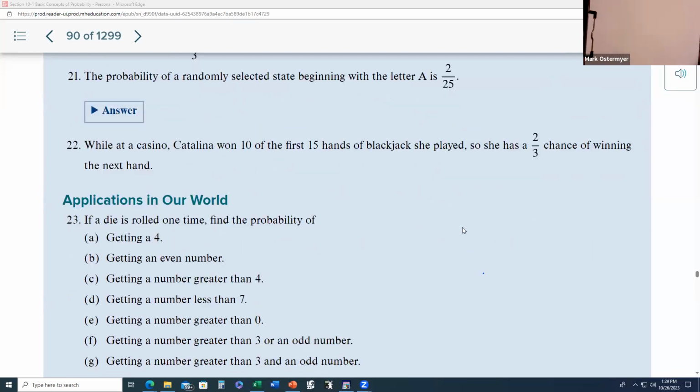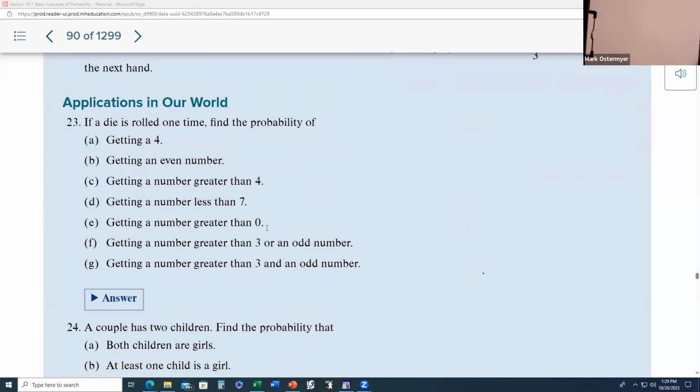I'm going to have you do number 23 now, ladies and gentlemen, for classwork number 2. I would like you to answer all these questions, A through G. If we roll a fair die, we will assume it's fair, one time, I want you to compute the probability for each of these events. We'll call this classwork 2. Go ahead and do that. I'll give you some time to